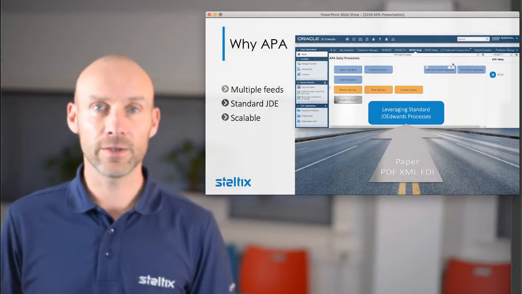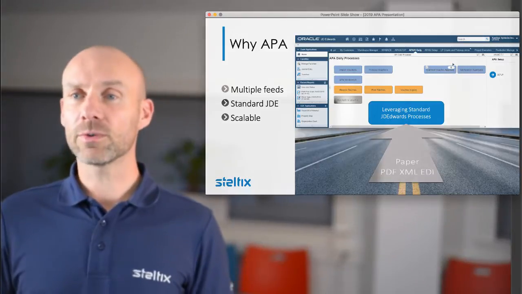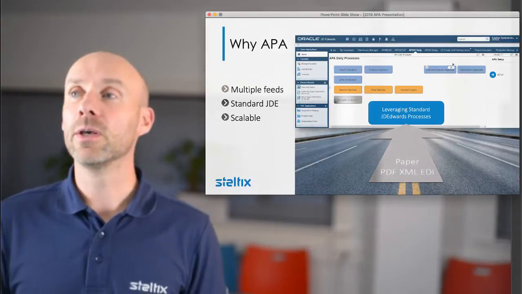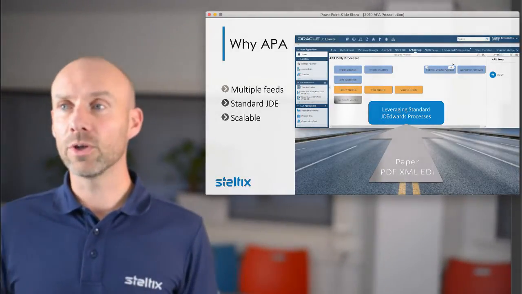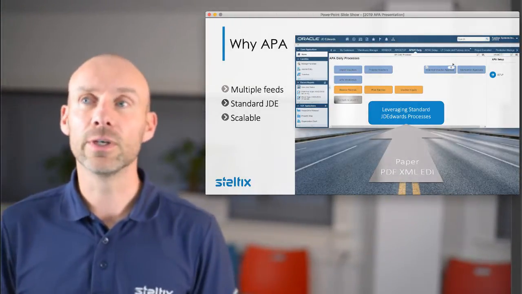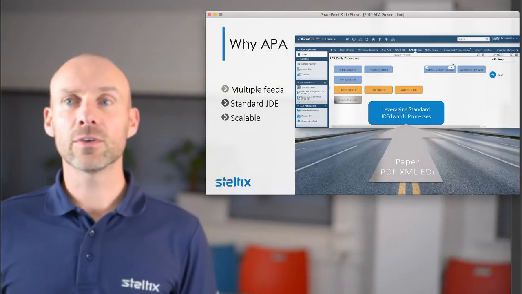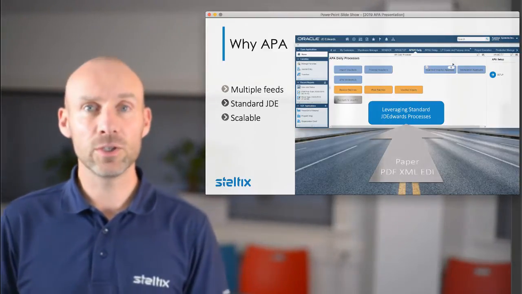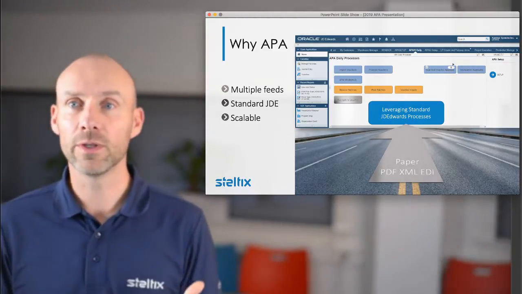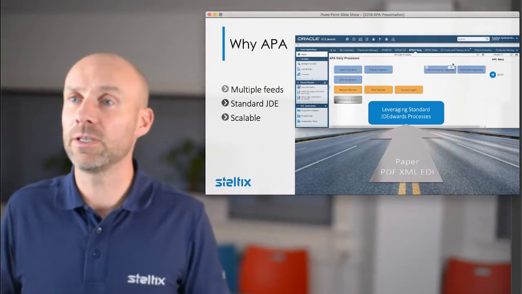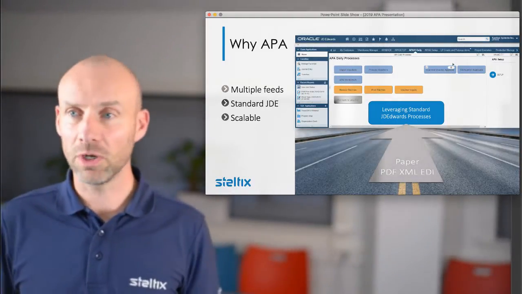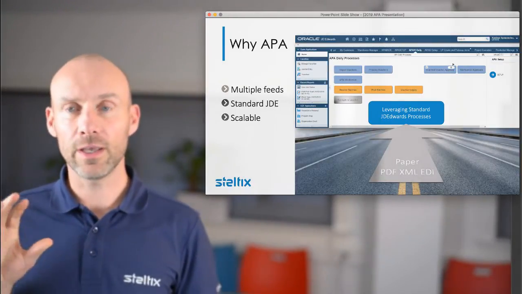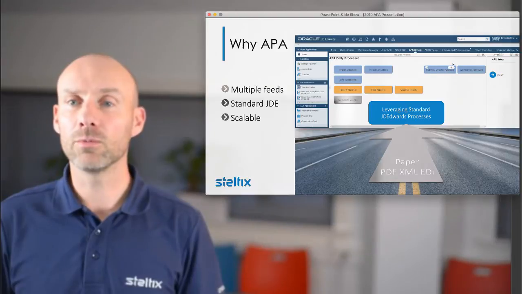The key takeaway, number one. Number two was we found that other products already available on the market were not that scalable, if we talk about the number of scans the solution can handle. So this is a very important point that we used as a starting point when designing APA. It has to be scalable. Based on your number of scans, whether it is 10,000, 50,000, 100,000 or more, we make sure that APA doesn't let you down.